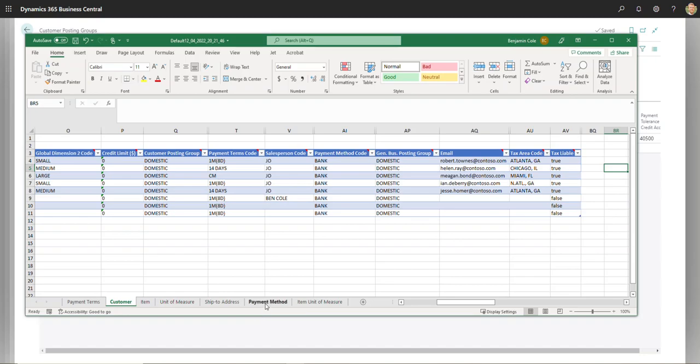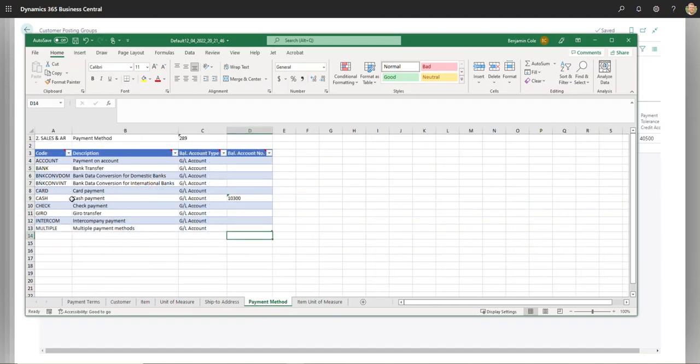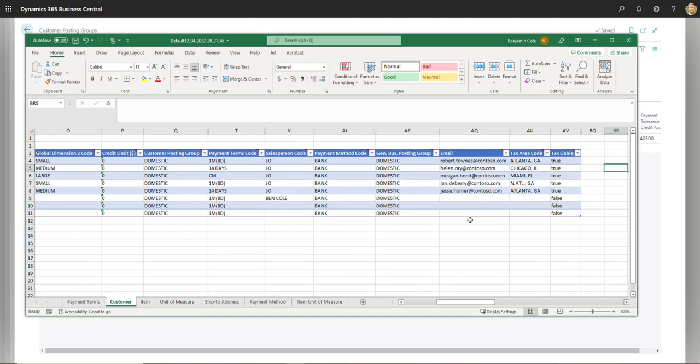We can also see that down here. We got some basic options like cash, card, check, stuff like that. You can also add balancing accounts, so either a GL or a bank account. That would be the default bank account that payment is going into if you set it up accordingly. The general business posting group, this will interact with the